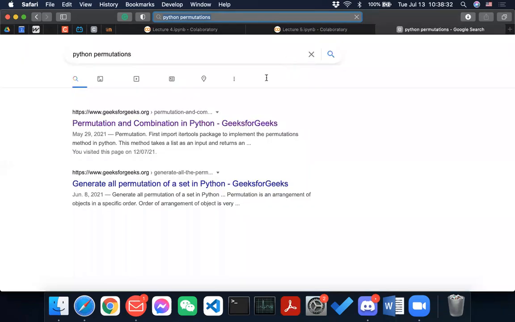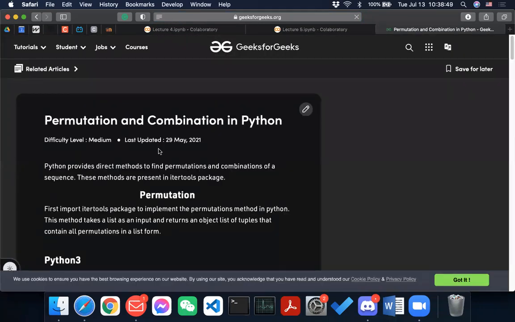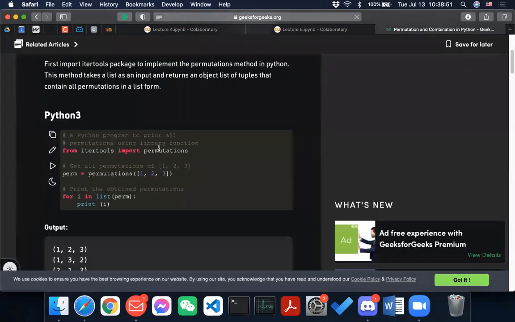And I am not against you looking up those libraries as long as you know how to use them. GeeksforGeeks is just a good website to get help with all the programming stuff. And I actually copied this code from them, to be honest.